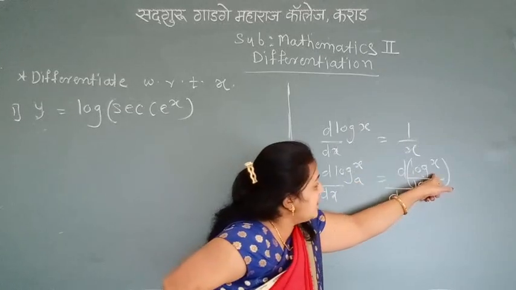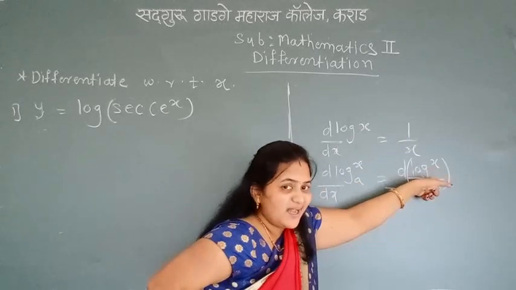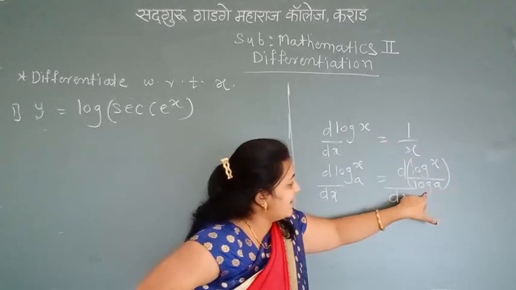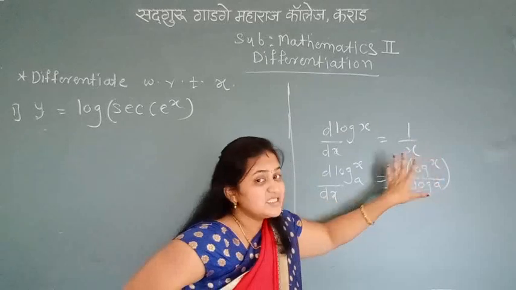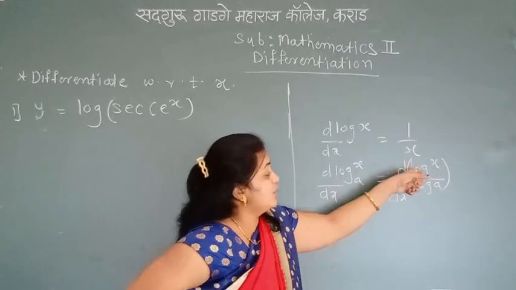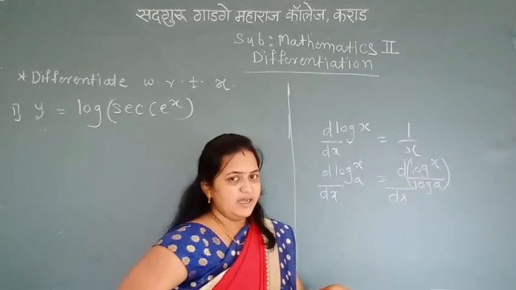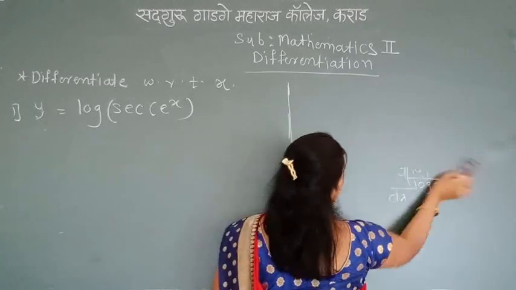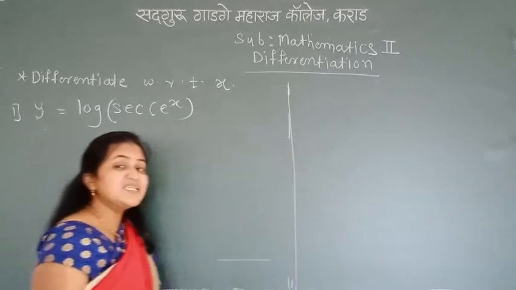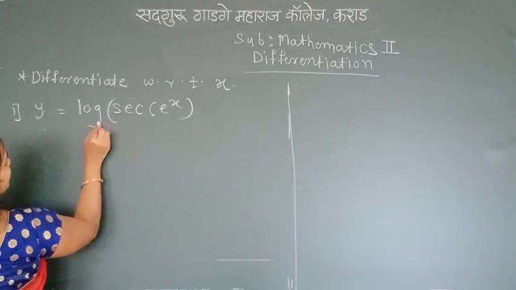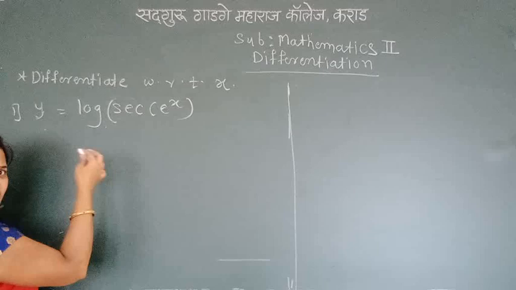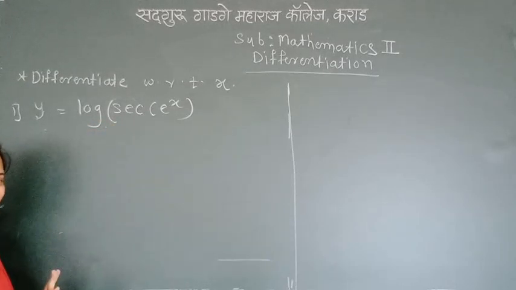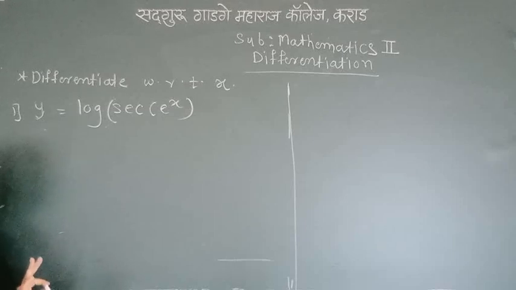We change it to e. Here do not write anything; we consider e. So log of x divided by log of a. Log of a is a constant term, take it outside. What is the derivative of log of x? 1 upon x. So whenever we solve a derivative example of a log term, we first check the base. Here there is no base given, so we consider the base to be e. So we can straightforwardly use the log of x formula.